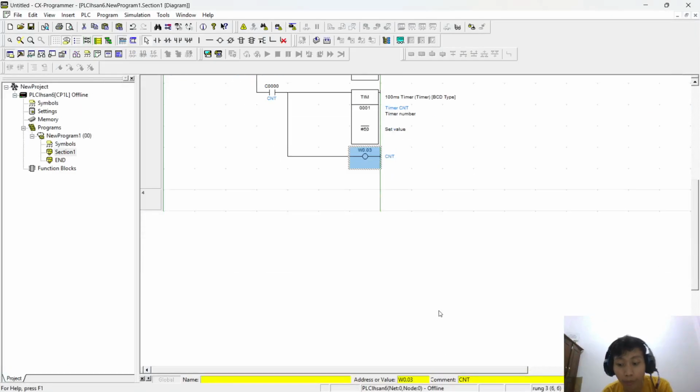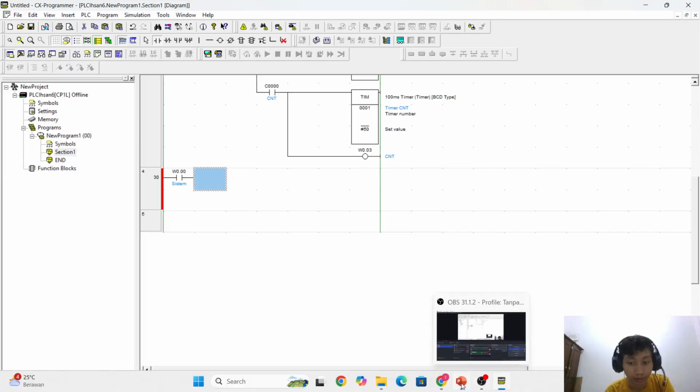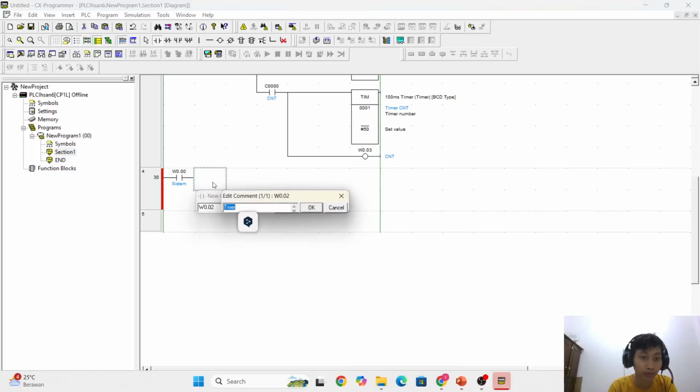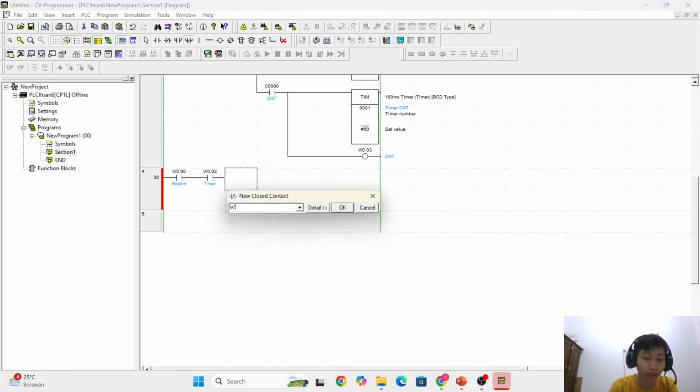Okay, next I will make the out valve. Okay, system. Next is a timer. And then I will make the CNT.